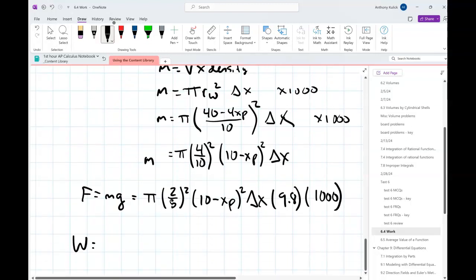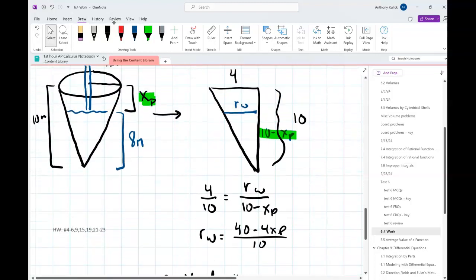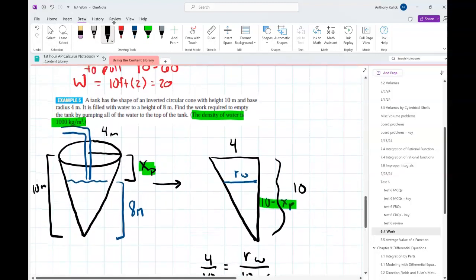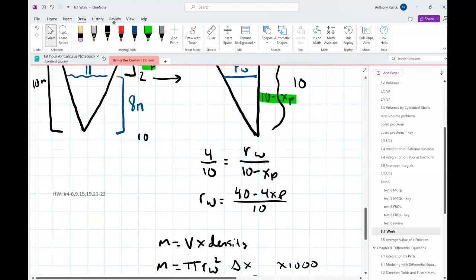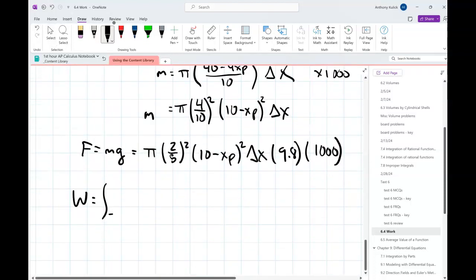Now my work is going to be the integral from what's the initial pumping distance going to be? 2, right? And what's the final pumping distance going to be? 10. So that's my integral. This goes from 2 to 10 of this force